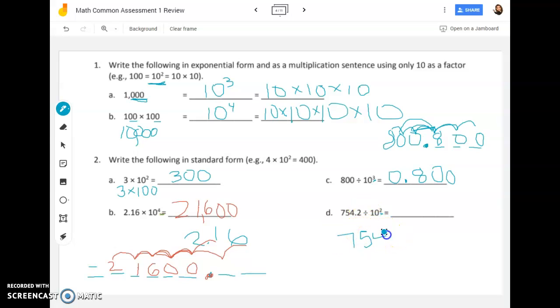2. We're sliding our digits to the right so that they become smaller. So here's my decimal. We're going to slide everything over 2 spaces. So my 2 was in the 10th place. We are now going to move it over 1, 2. It's going to land in the 1000th place. 10th, 100th, 1000th. My 4 is going to go to the 100th place. My 5 to the 10th place. And my 7 hops down to the 1st place. So 7 and